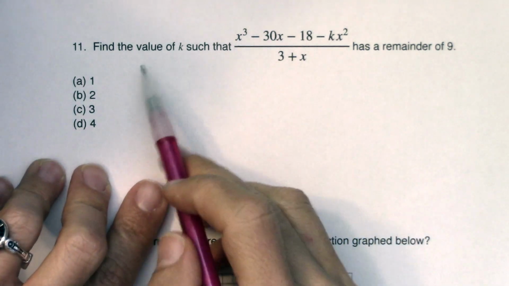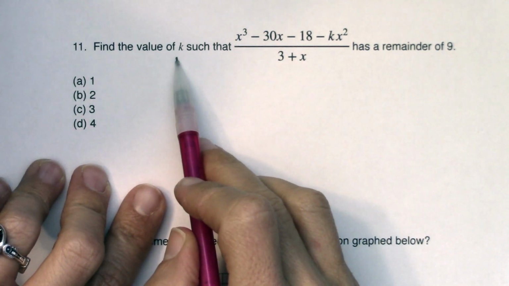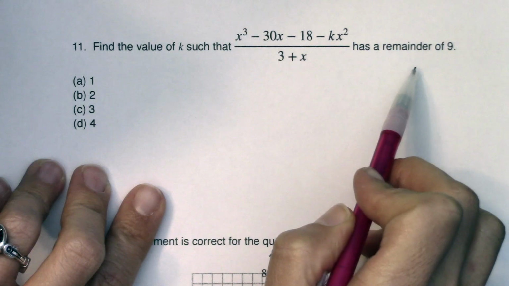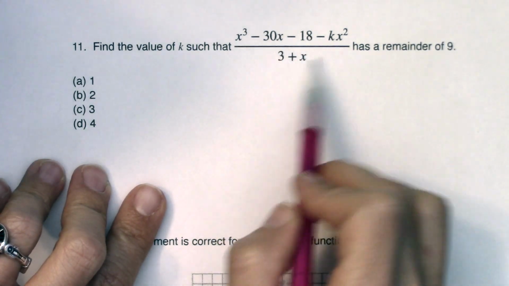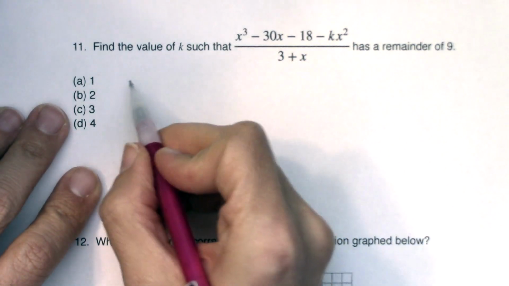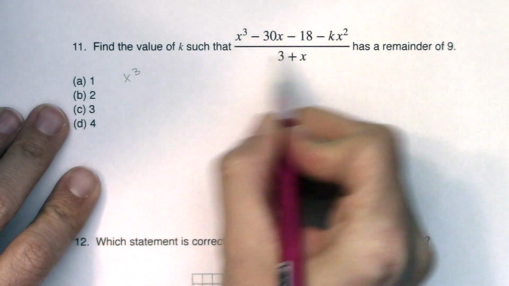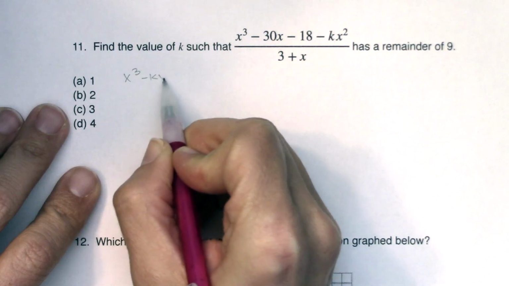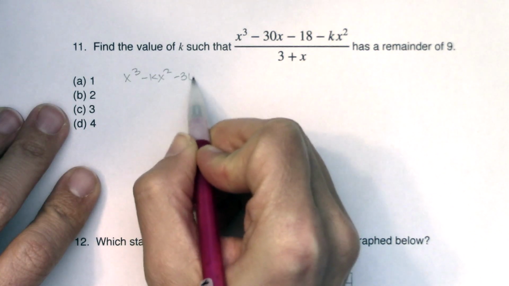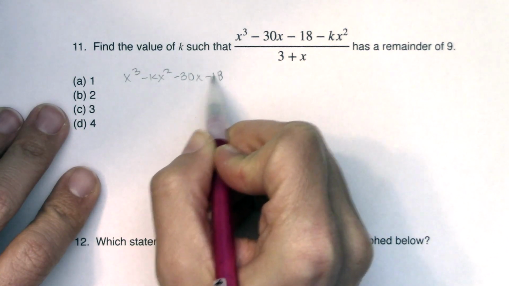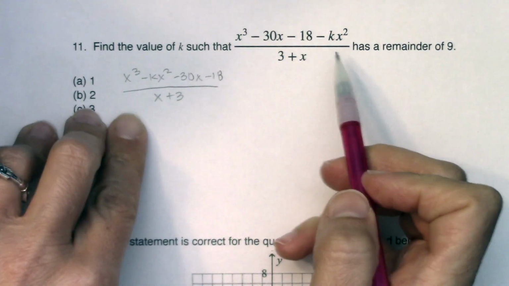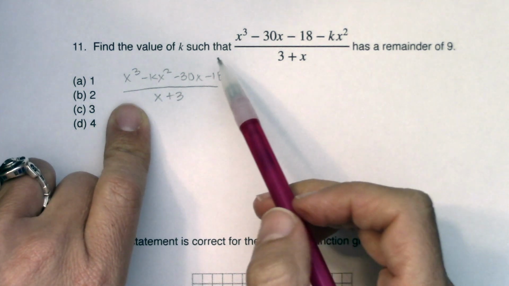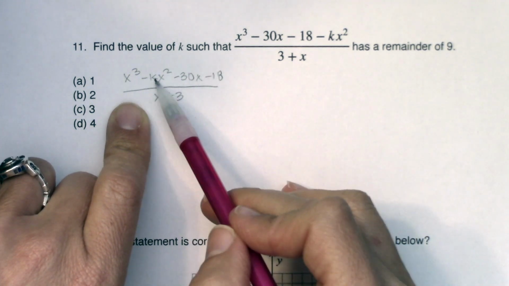Let's take a look at number 11. So we have: find the value k such that this has a remainder of 9. The first thing I'm going to do here is get this in the correct order. So I'm going to write this as x cubed minus kx squared minus 30x minus 18, over x plus 3. And when I say correct order, I'm going to use synthetic division in a minute, but we want descending powers